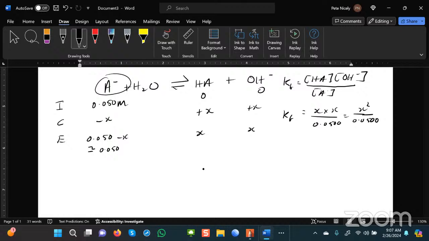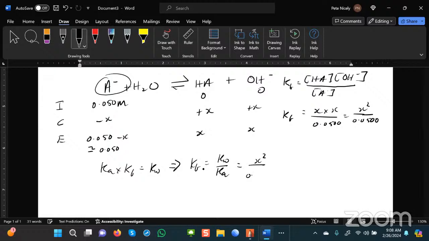What's the relationship between the Ka of an acid and the Kb for its conjugate base? Okay, multiply Ka times Kb gives you what? Kw, exactly. So therefore, we can say that Kb will be equal to Kw divided by Ka,